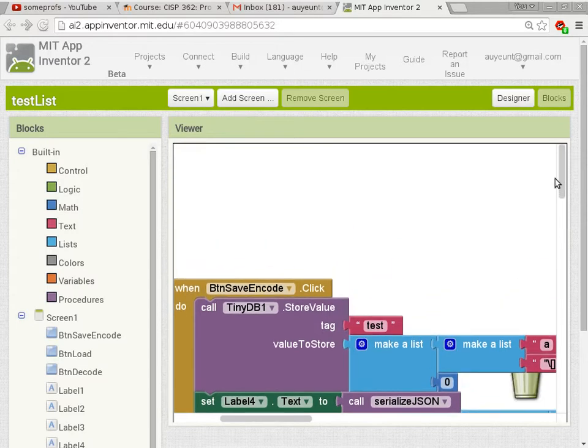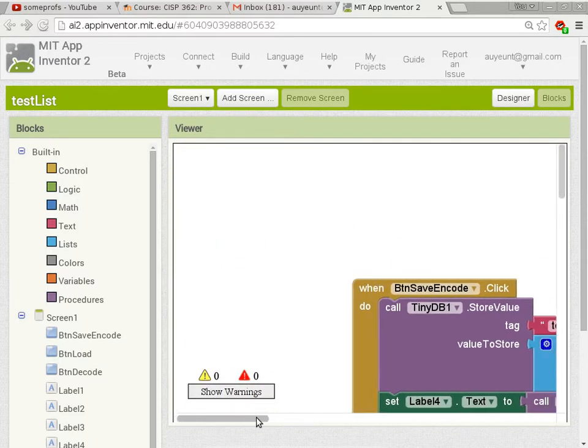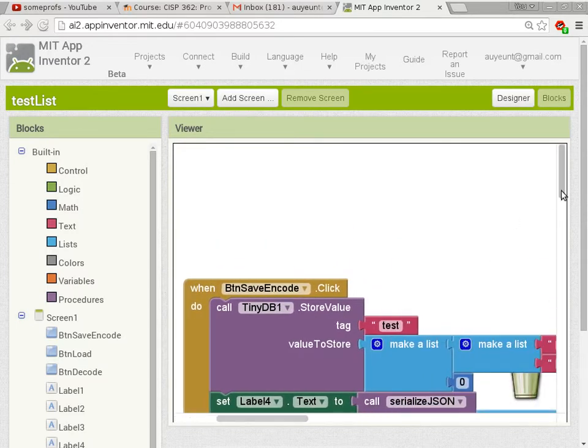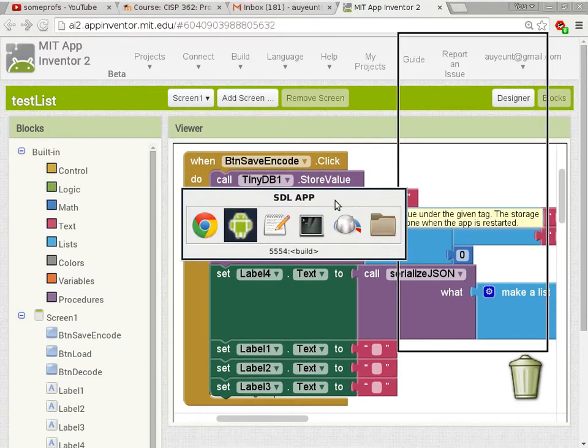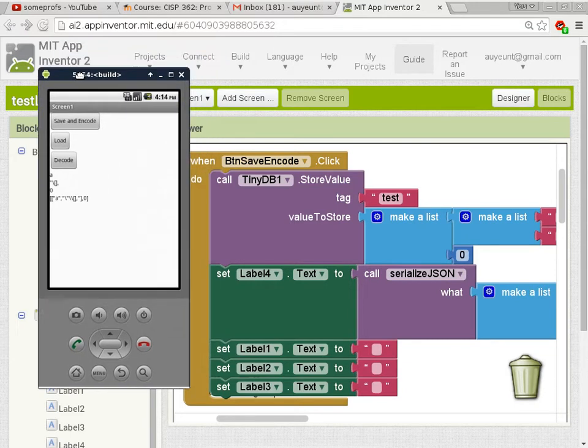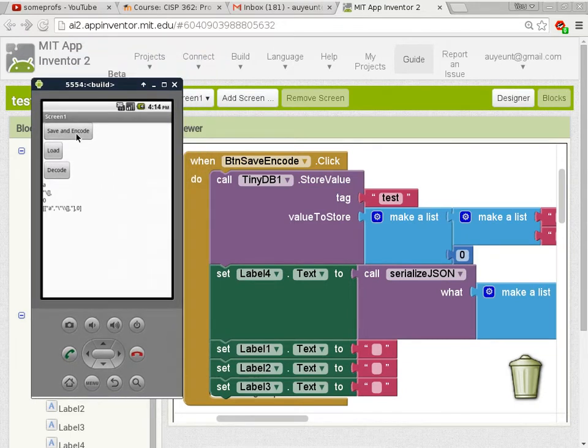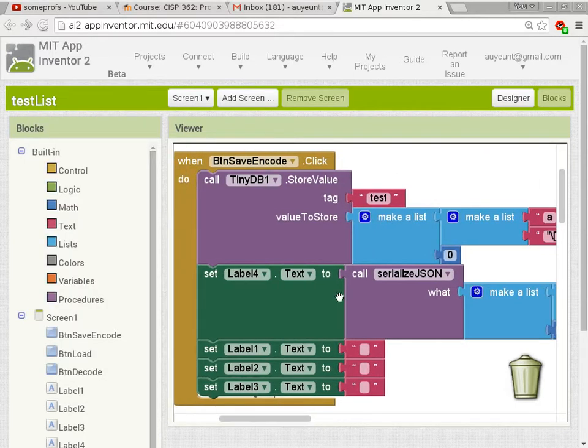So what I'll do is take a look at the save and encode button first, which is the first button. Let me go back to the app first, just to show you which button we are talking about. This button here, save and encode. Okay, so that button corresponds to this code here. The first thing it does is make use of TinyDB. If you look at this part here, it calls